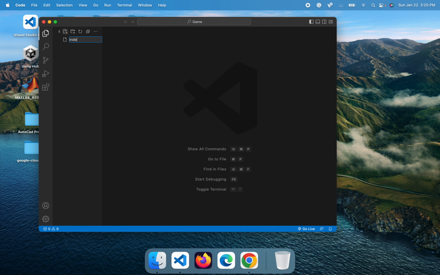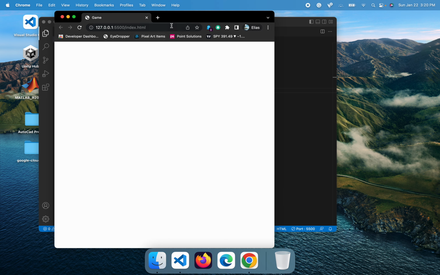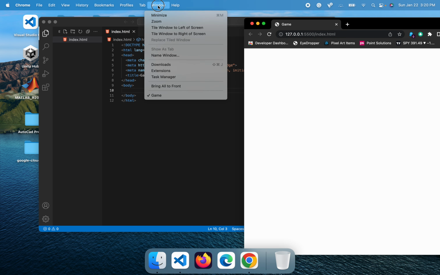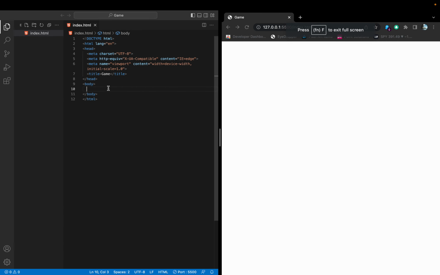Next, we're going to make the index.html file with an exclamation mark tab. We're going to create our game, so we're going to change the title of the game, that way it appears on like the tab thing. Alright, then we're going to hit go live. It's going to open up your default browser minus Chrome. Let's tile this to the right, tile that to the left, and now we can go ahead and get started